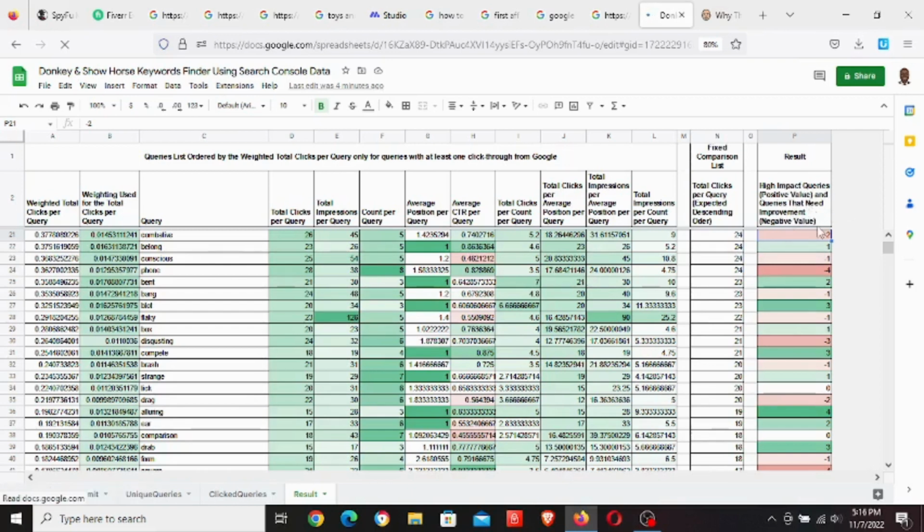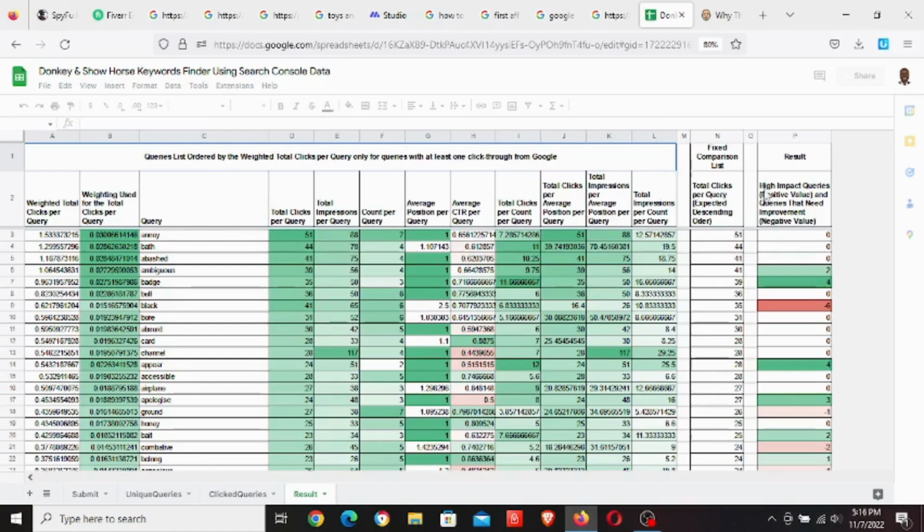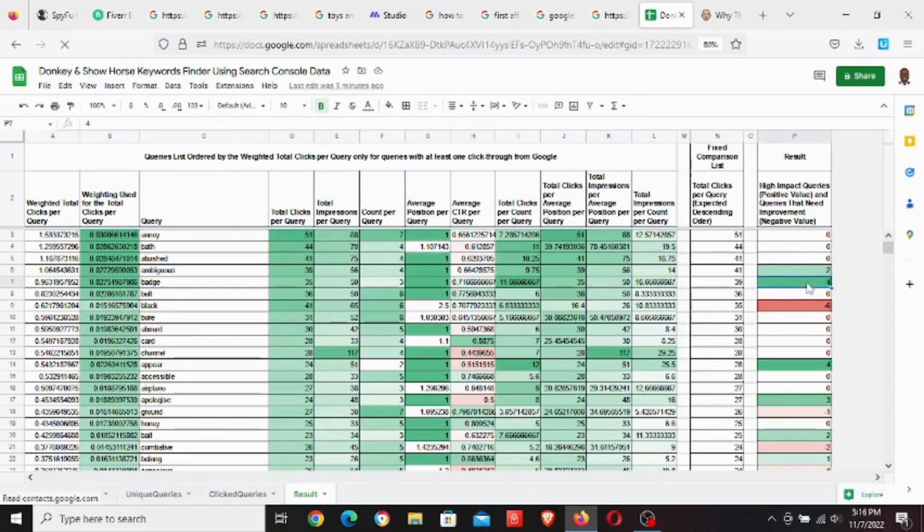And then the queries that need improvement are the show horse keywords. They are keywords that show a high value, but they need improvement. So when you see a green here, this is a very high impact keyword. Let's check out this green row. This is the keyword. The query is badge, and